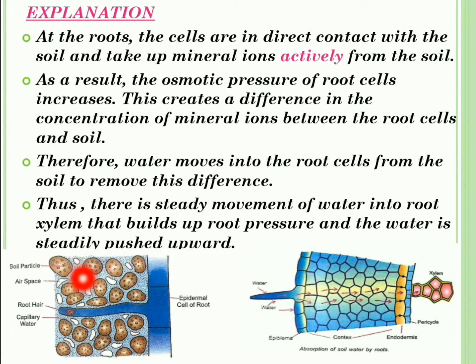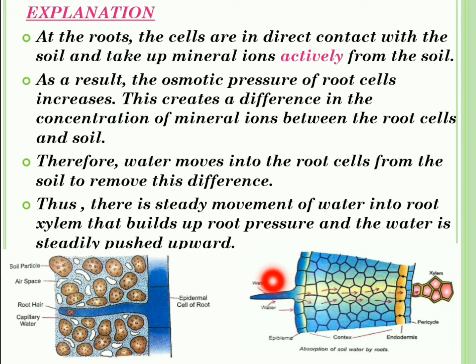At the roots, the cells are in direct contact with the soil and take up mineral ions actively from the soil. Mineral absorption is an active process that involves utilization of energy in the form of ATP. Active absorption of minerals creates a higher concentration of mineral ions in the roots as compared to the soil solution. It means the concentration of minerals is more in the root cells and concentration of water is less in the